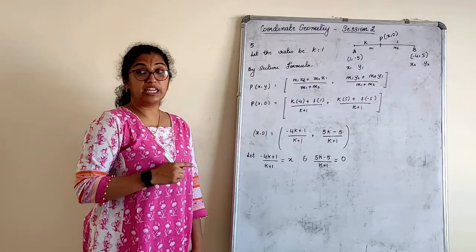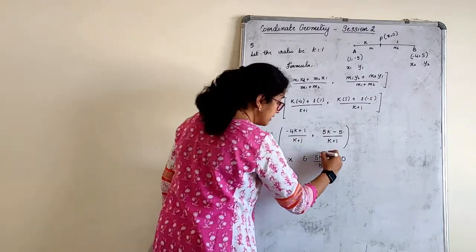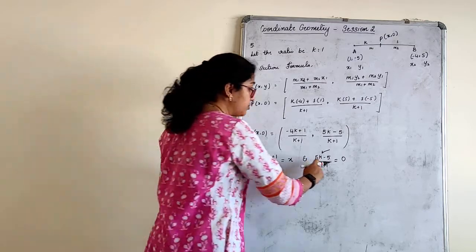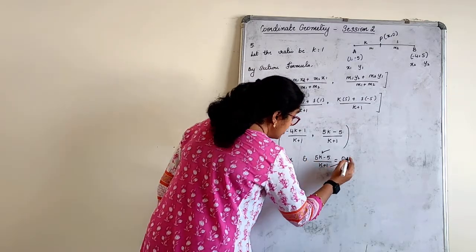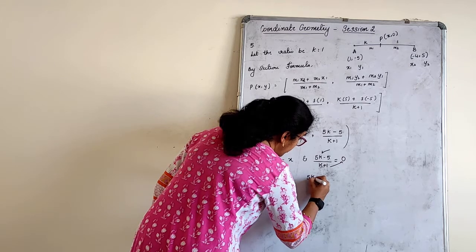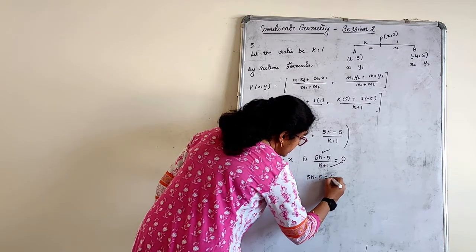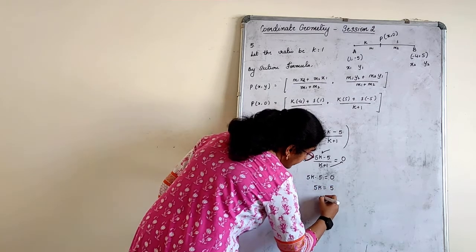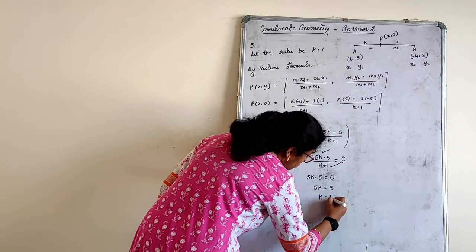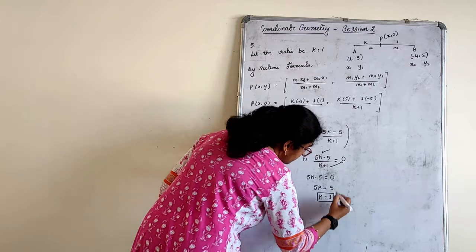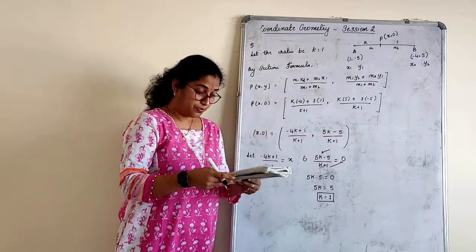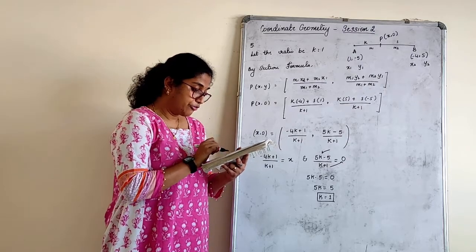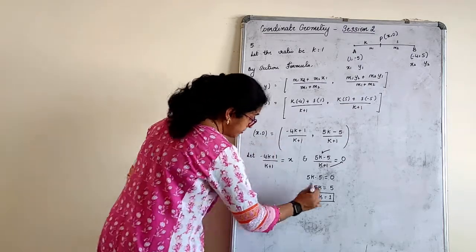Which equation can I use here, children, to equate? This equation I can equate. I cannot use the other one, because k and x I can't find together. Equate this, that will become equal to 0. 5k minus 5 is equal to 0, 5k is equal to 5, k is equal to 1. The k value is 1. What have they asked first here? Find the ratio. Let us first finish this.